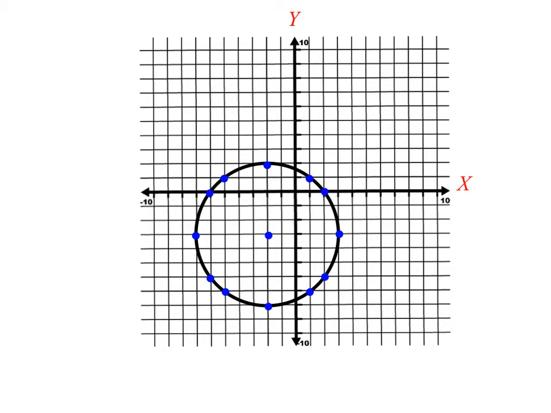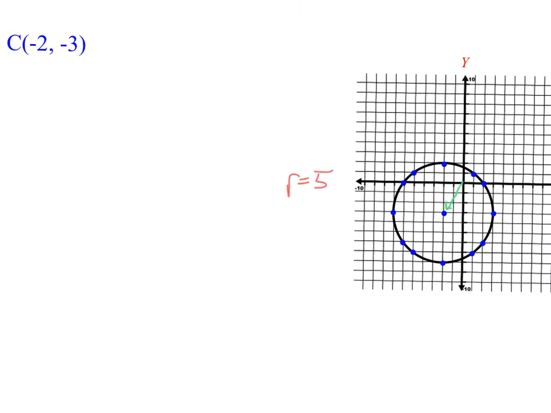The radius is still 5. So the circle is identical. The only difference is, now the center point has been moved here, from the origin down to that point, which is at -2, -3. So the only way the equation is going to change,